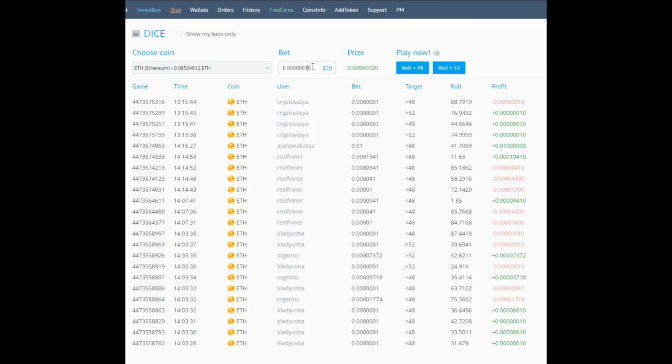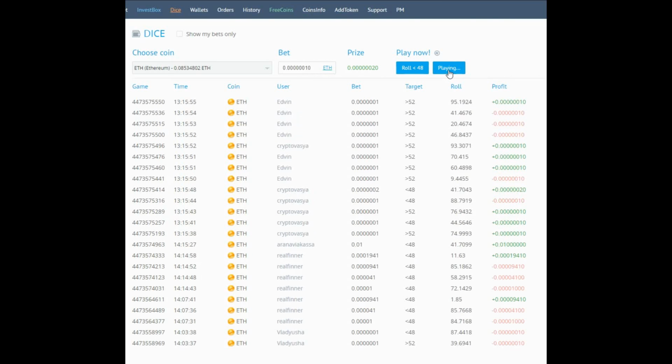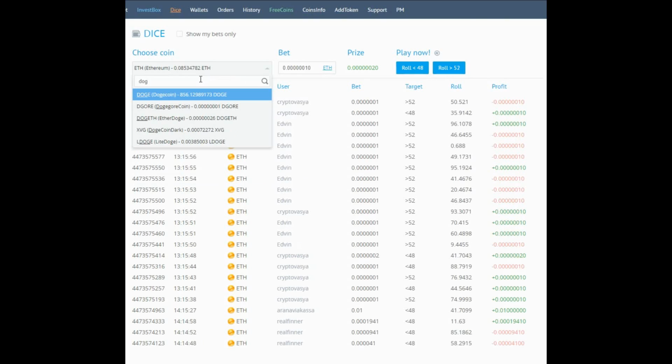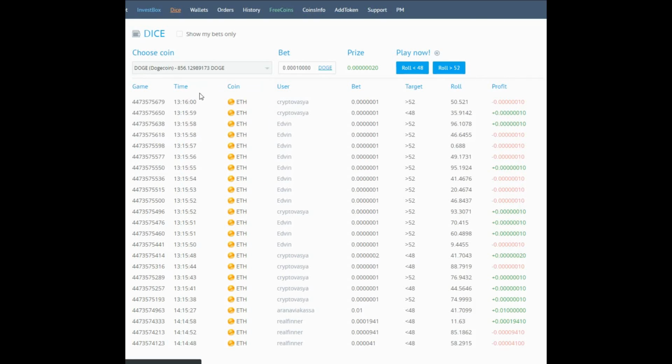So I'm sure that I'm playing the minimum amount for Ethereum also, and go 1 2 3 4 5 6 7 8 9 10, let's do 11. Then the same thing on Doge, we have 10 games to play. Make sure that you check daily into the InvestBox how many games you have to play, because it may change